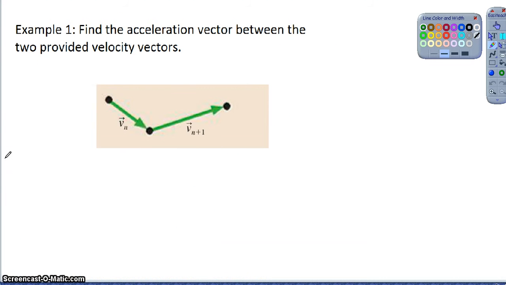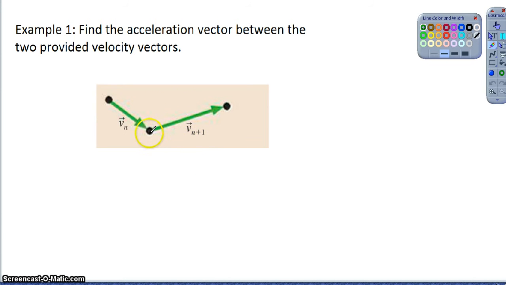So in this case, it's actually an example of non-uniform motion, right? And how do I know it's non-uniform motion? Well, if I look at the magnitude of these two vectors, it's pretty clear to tell that those aren't equal. So if I want to find the direction of the acceleration between the two vectors provided, obviously they don't give me any numbers to work with, but they do give me the directions here. And so to do that, again, I would start with my second vector,